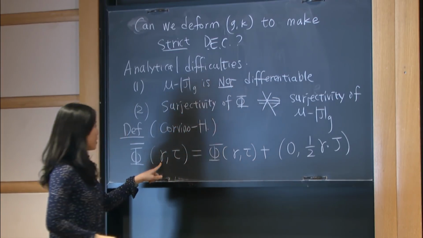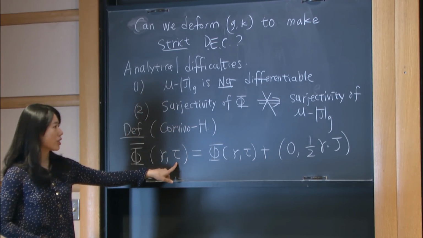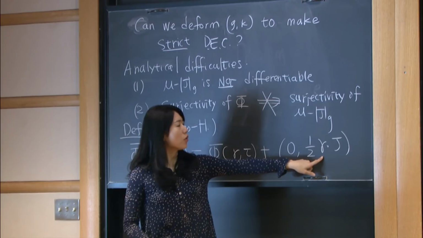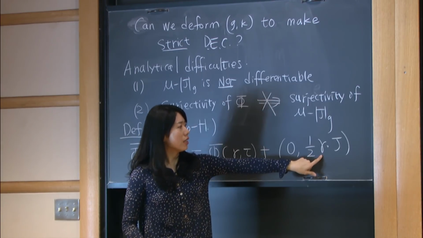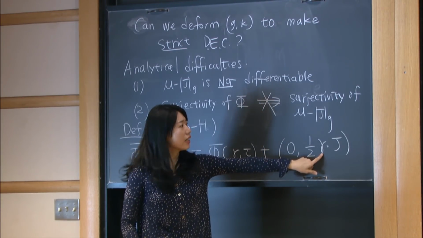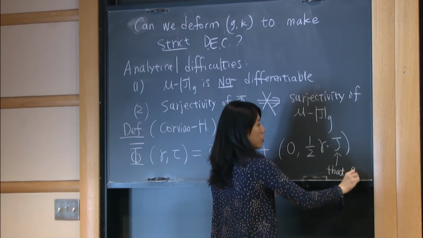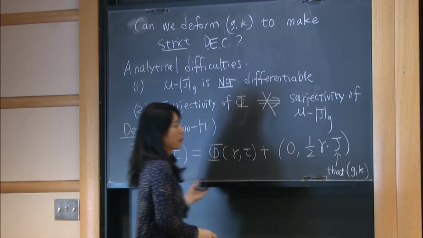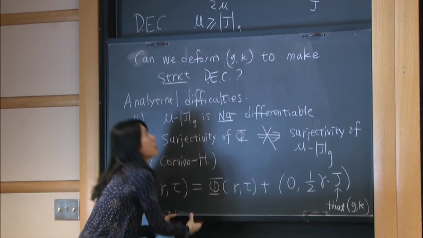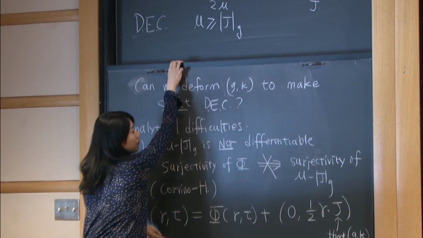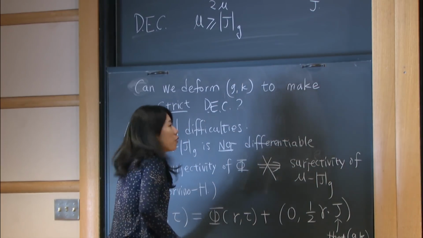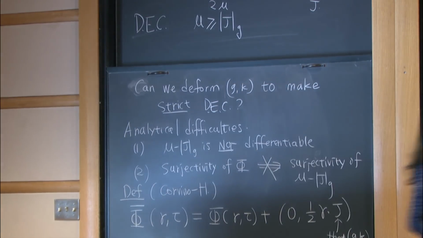So the arguments here are gamma and tau. The only thing changed is gamma and tau. The additional term only depends on gamma here, and the J is a function of a fixed metric g and K. So just to simplify this modification, then we can prove an analogous statement